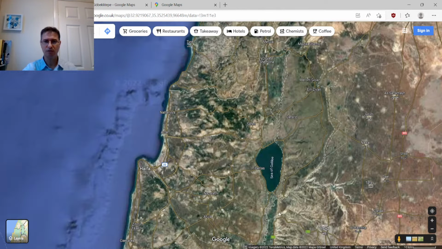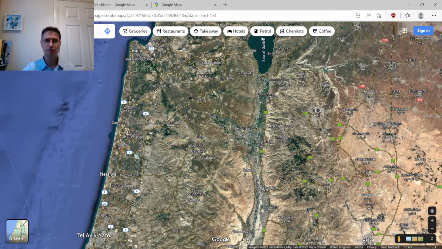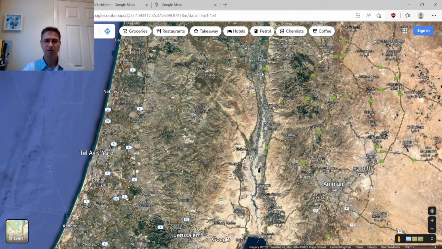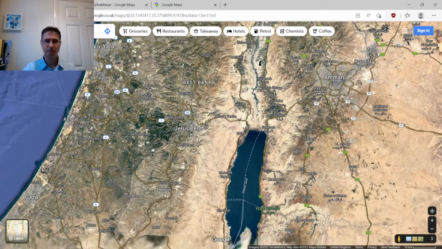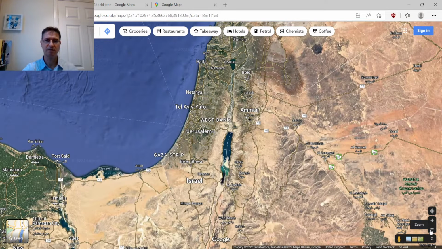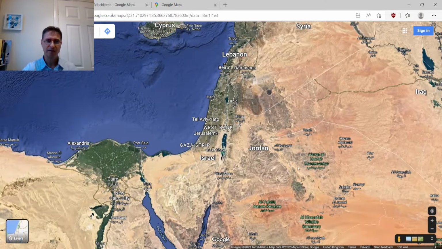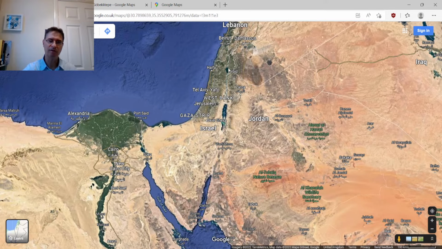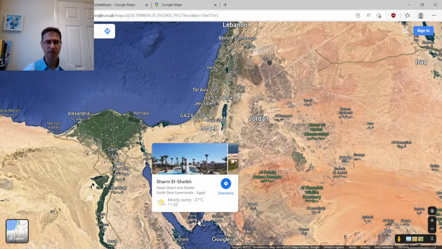It's the River Jordan that flows, you can see, from the Sea of Galilee, Tiberias, in all the way down into the Dead Sea. Why do I mention that? Because just by looking at the satellite imagery from above, you can follow the Jordan River. You can see that Sea of Galilee, Jordan River, the Dead Sea. But then if you follow the line, there's this big massive area of water here that looks like it's been connected. There's a straight line running all the way from here, from the Red Sea